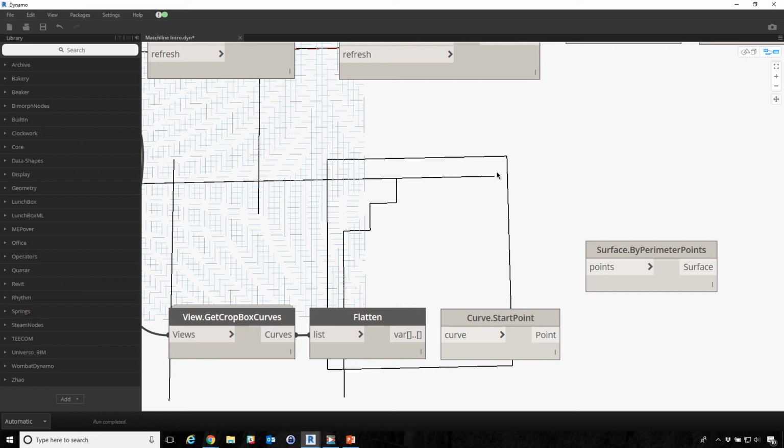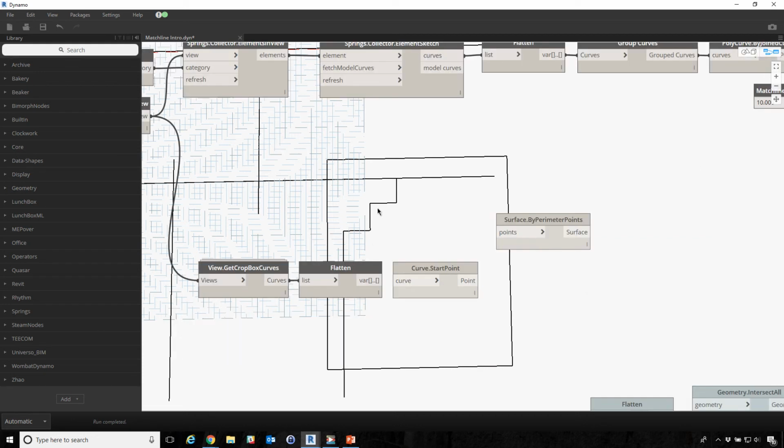This line also doesn't really touch the boundary of that view crop box. It only touches the boundary of another match line. So there are those kinds of problems, and